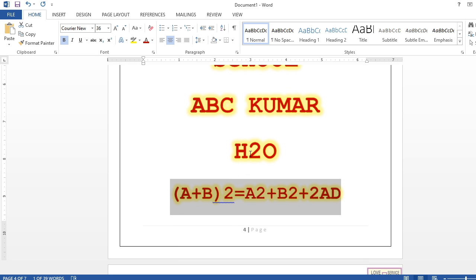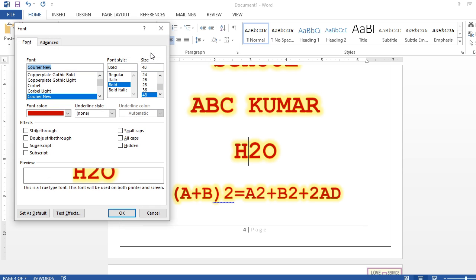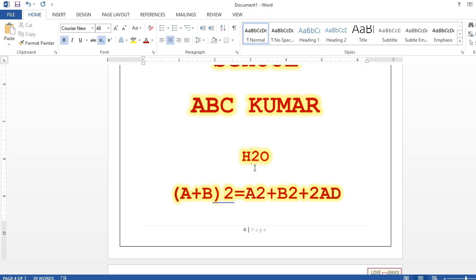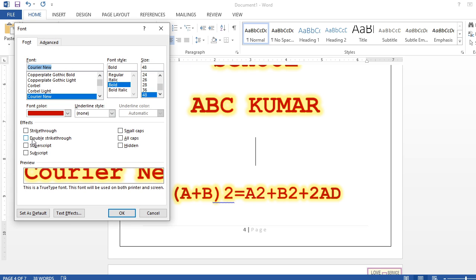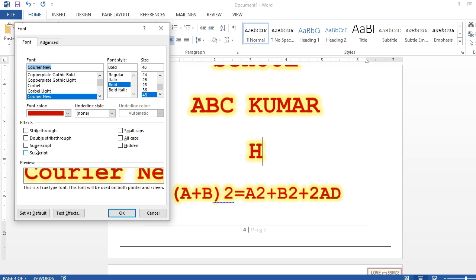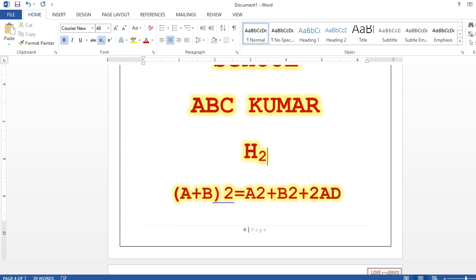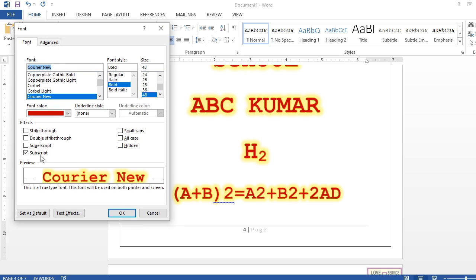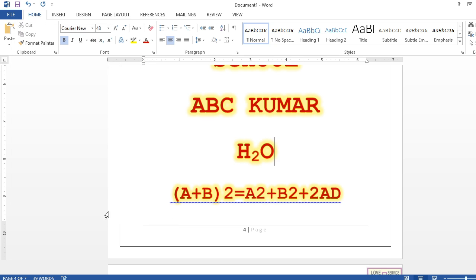So what you are going to do here, I am going to click here on H2, the 2 should be down, so I am going to the font menu and selecting subscript, press OK, see, this will go down. Just a minute, I am going to show it to you. Okay, this is done. I am writing H, now the 2 will be down, so this 2 will go here in subscript form. I am going to check it, and after that I am writing O. Again I am going to the font, again clicking it, normal, H2O.